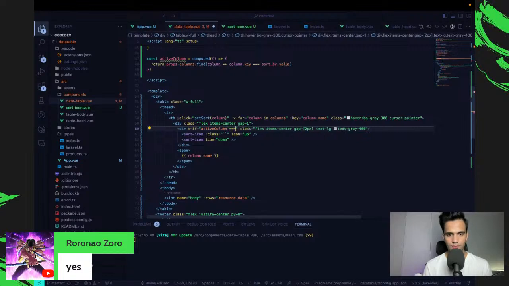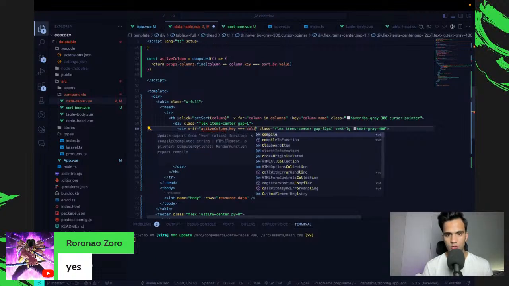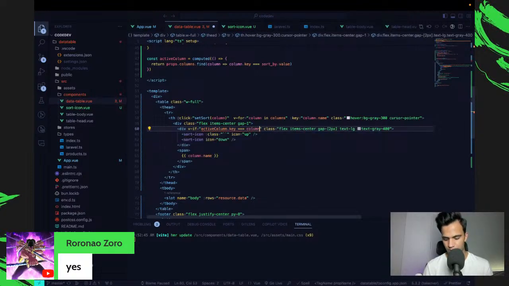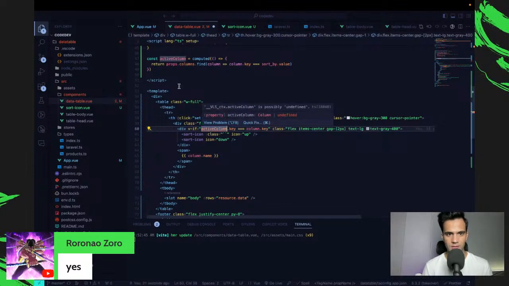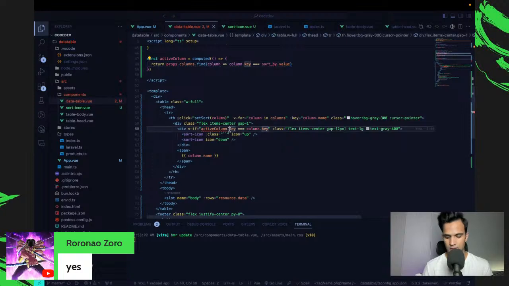Active column is equal to, or let's do it on key and not the object itself. That can be misleading sometimes. So if active column dot key is equal to column dot key, okay, this could be possibly undefined, right? So let's say this way.